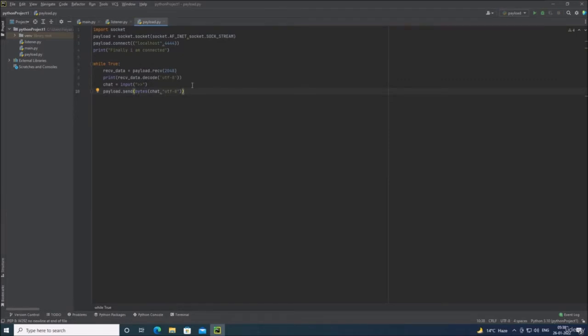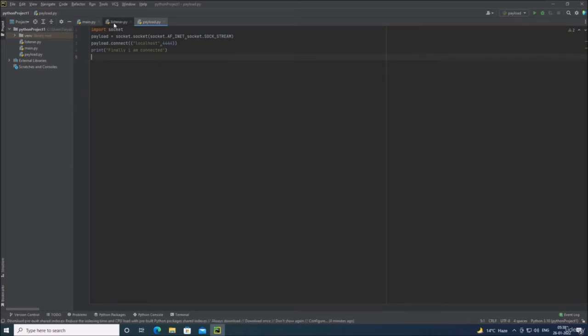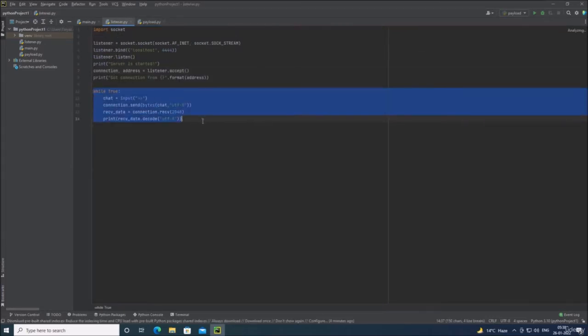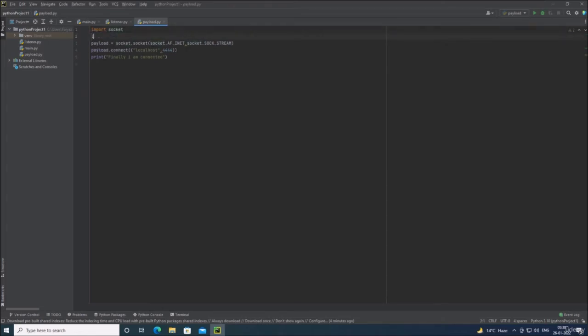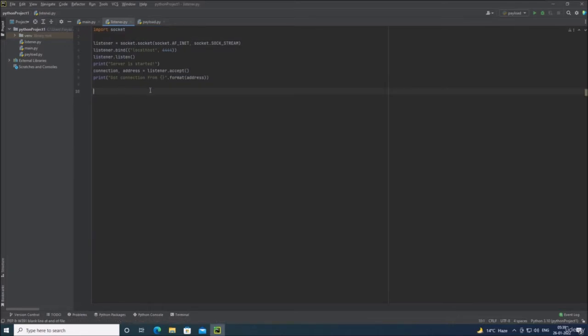Hey everyone. So in this video, we are going to transfer the commands that we are going to execute, or we can say the command output that we are going to execute on the payload, to the listener file. So let me delete all this. And now let me delete this. Okay, so we have to import subprocess here in the payload file. Good. And in the listener, after the connection, we want the listener to send some commands to the payload file,